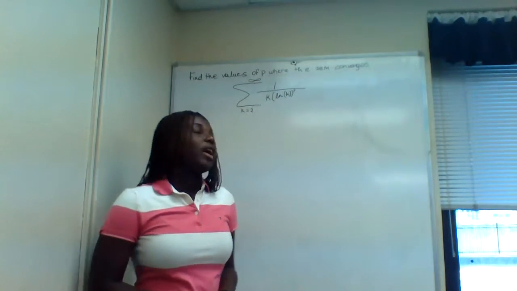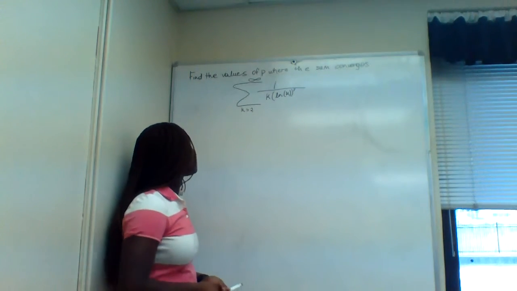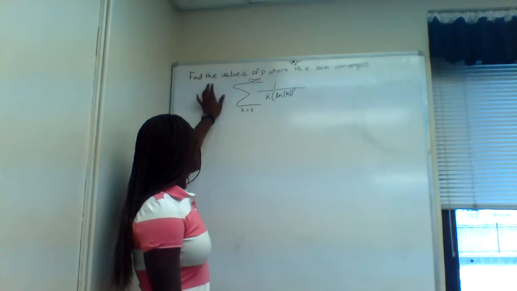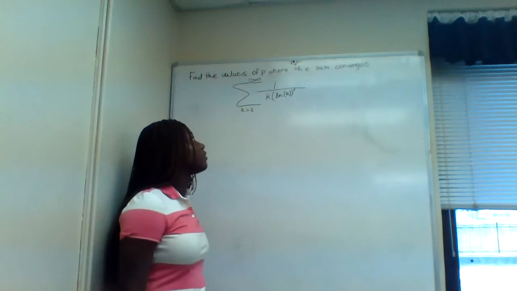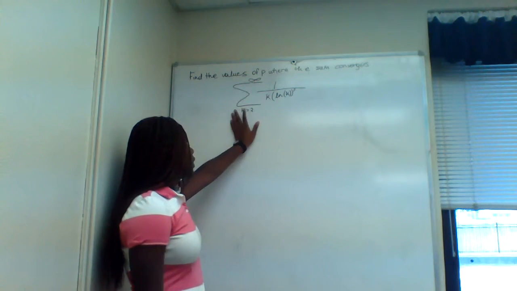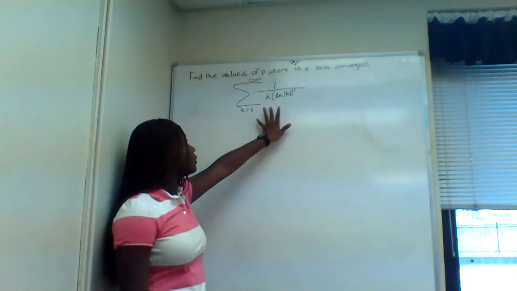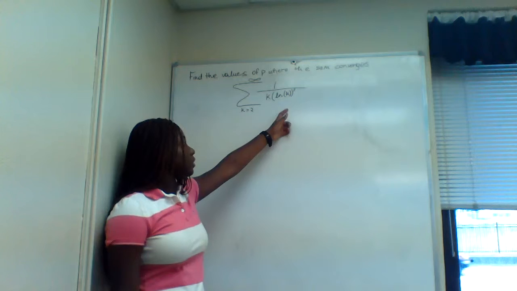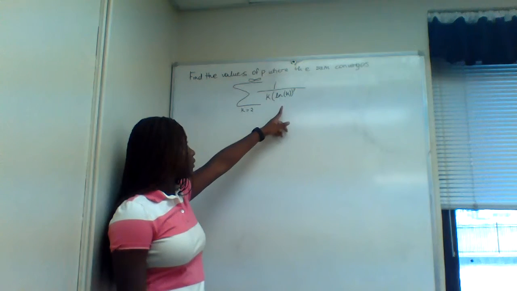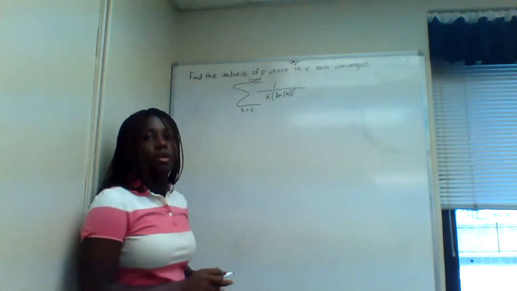Chapter 2014, and I'm going to solve this problem. Find the values of p where the sum converges, and this is our sum as k goes from 2 to infinity of 1 over k times the natural log of k to the power p. The first thing we need to